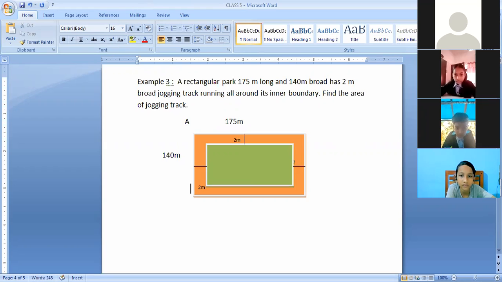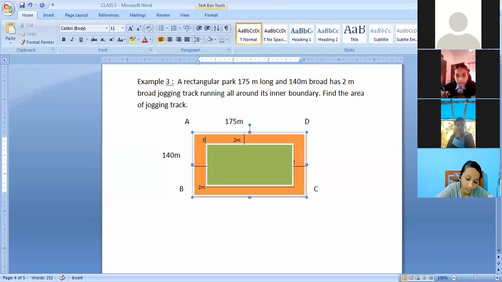The bigger rectangle, I am going to name A, B, C, D. Okay, A, B, C, D is the bigger rectangle. There is a smaller rectangle inside the park, inside rectangle A, B, C, D, right? This one. And I'm going to give it